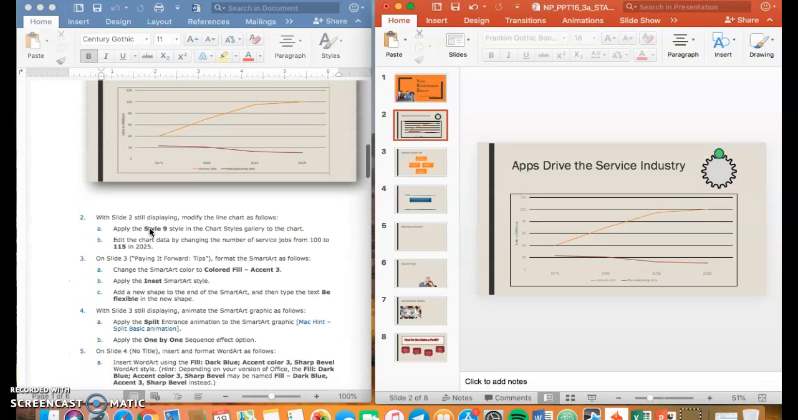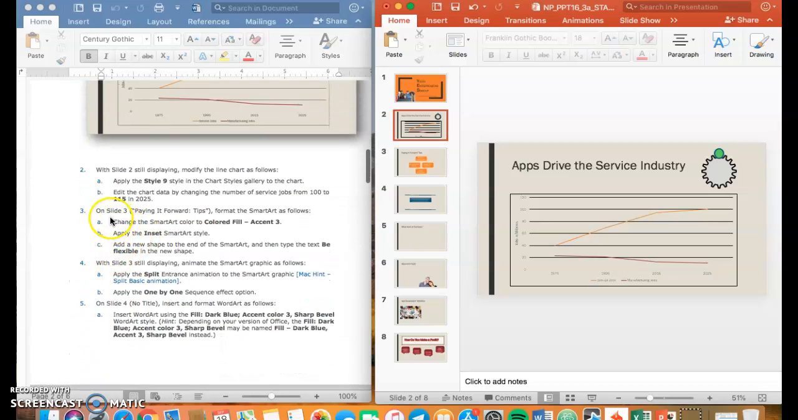Moving on ahead, let's scroll down to Project Step number 3. On slide number 3, Paying It Forward Tips. Format the SmartArt as follows. Part A. Change the SmartArt color to Colored Fill Accent 3. So, if we scroll down to slide number 3,